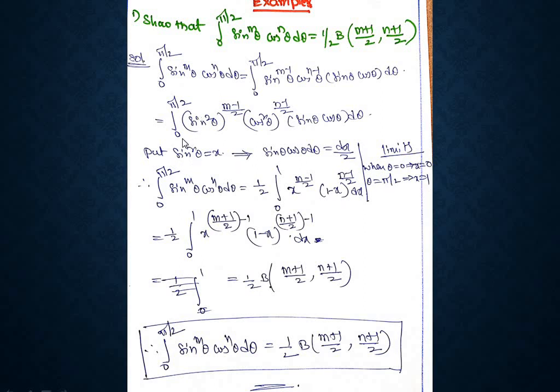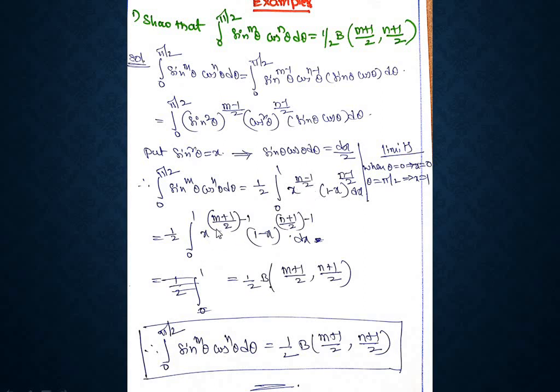Therefore the limits 0 to pi by 2 become 0 to 1, and in place of sine square theta we take x. So x power (m minus 1) by 2, and cos square theta is 1 minus sine square theta, therefore (1 minus x) power (n minus 1) by 2 dx, because sine theta cos theta d theta is equal to dx by 2. I am separating that 1 by 2 from the integration because that is a constant. So from this step you have 1 by 2 into integral 0 to 1 x power,